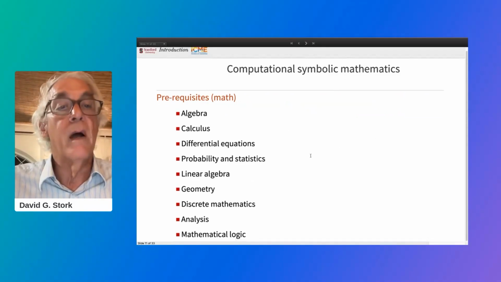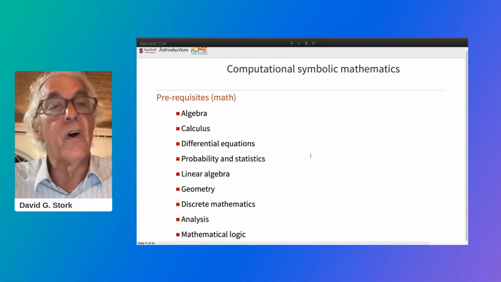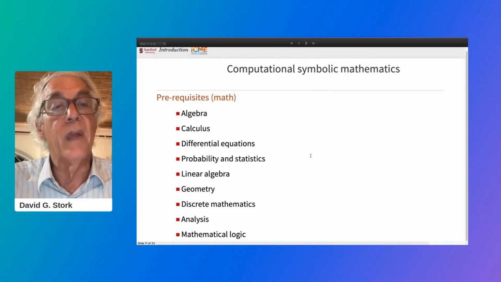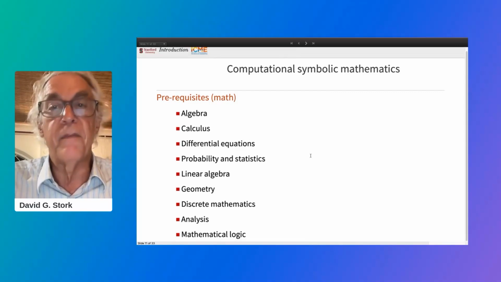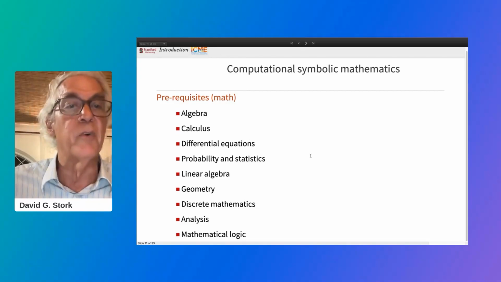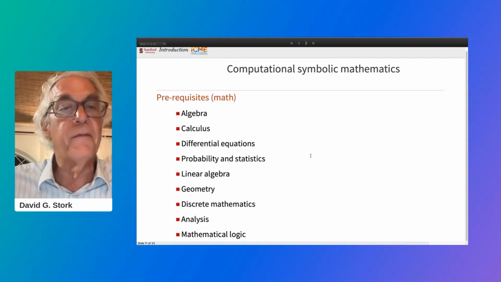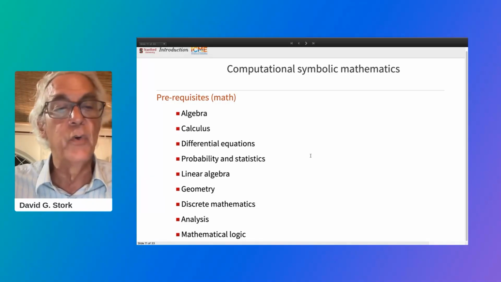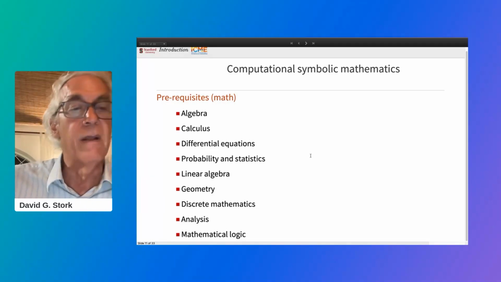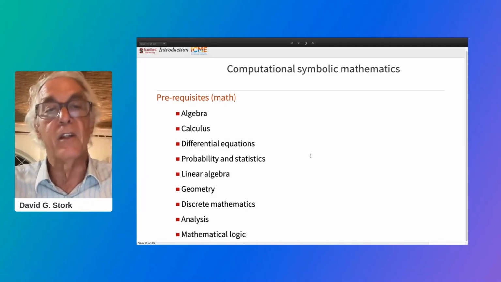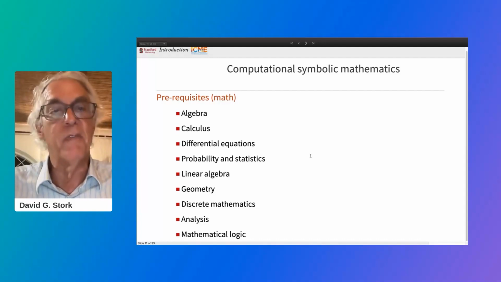Most of my students are juniors, seniors, and first-year graduate students where they already have a lot of applied mathematics. They know algebra and calculus and differential equations. And often there are a few who lack 1 or 2 of these things like analysis, but nevertheless, they can actually learn some of the content